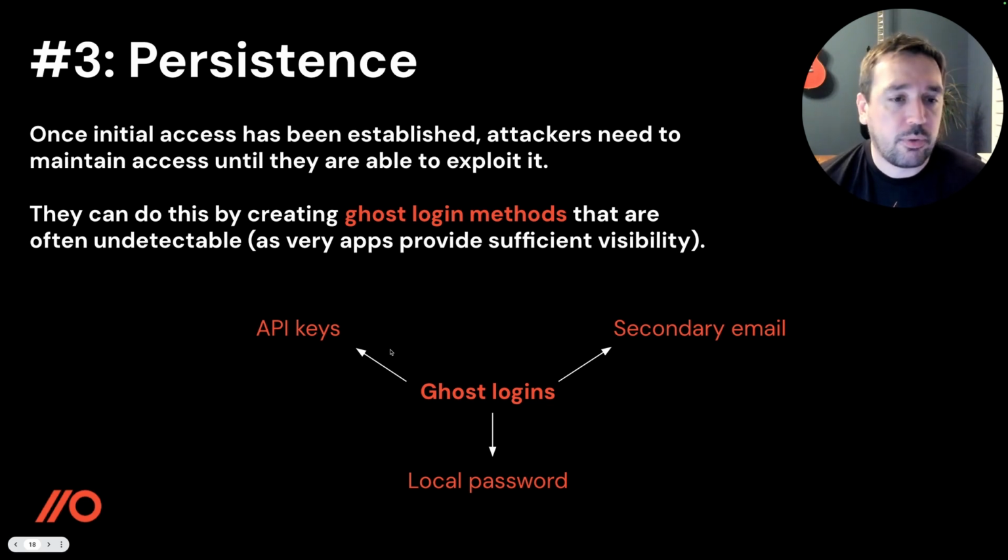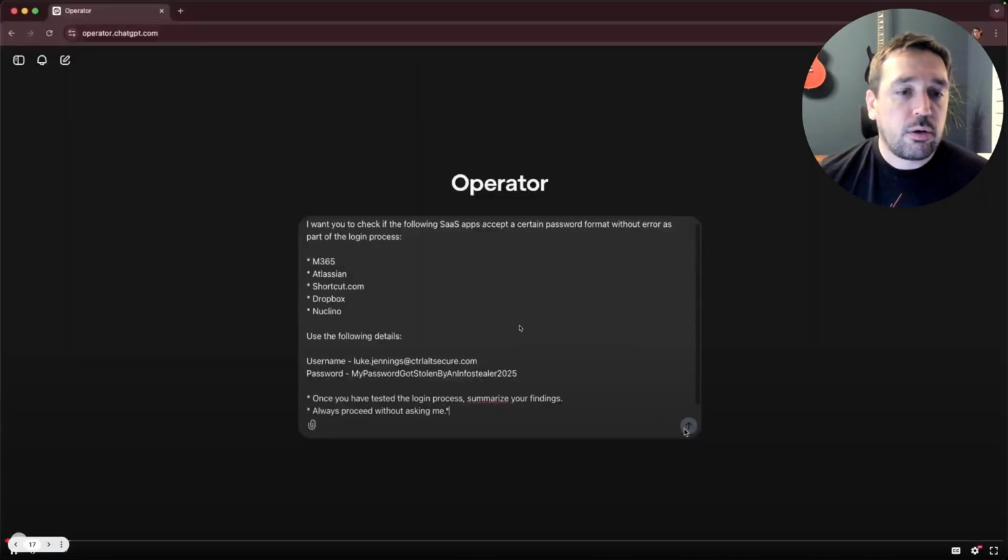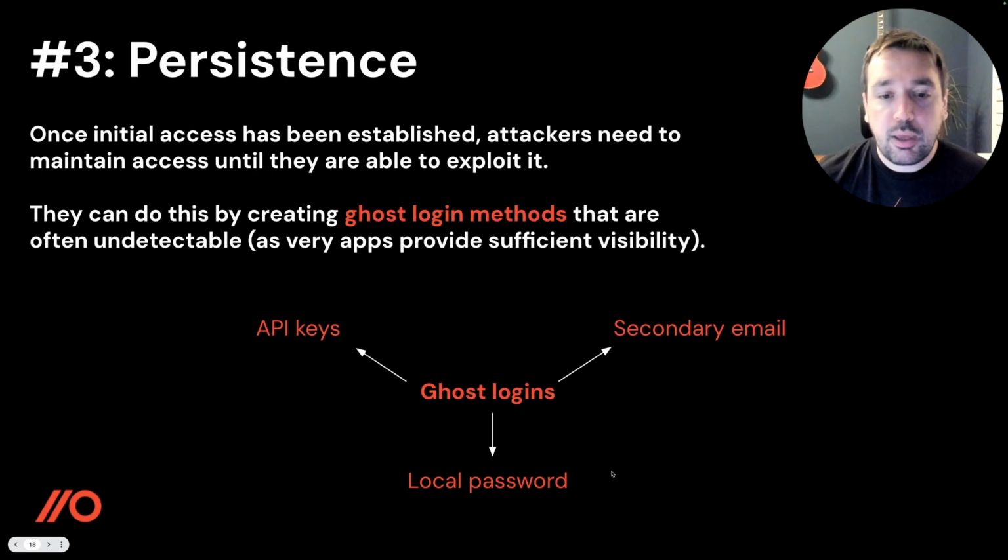So I compromise an account that's accessed with secure SSO. I set up an API key and I can come back via the API even if the user changes their password, resets their MFA, whatever the case is. That's what persistence looks like. So I'm going to say, I've gone back, sorry.